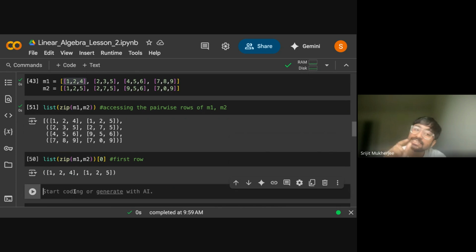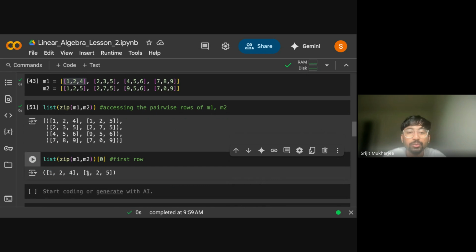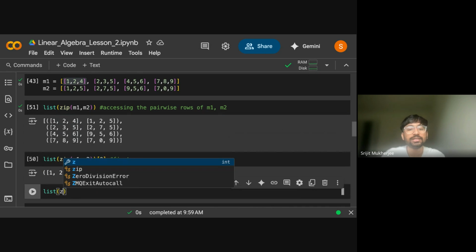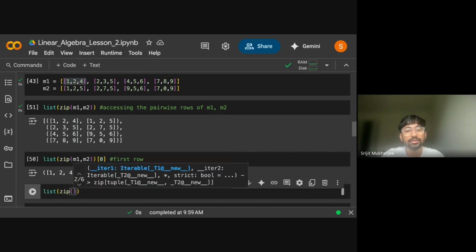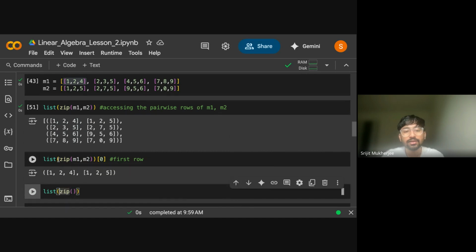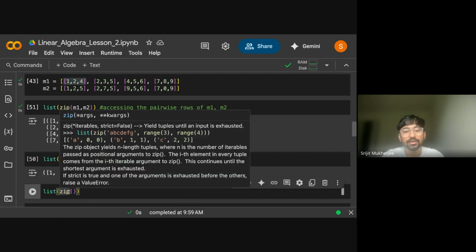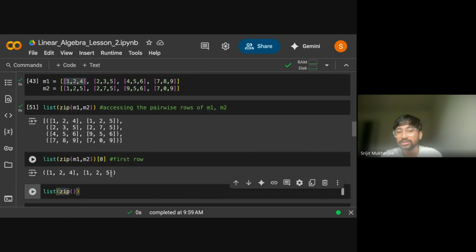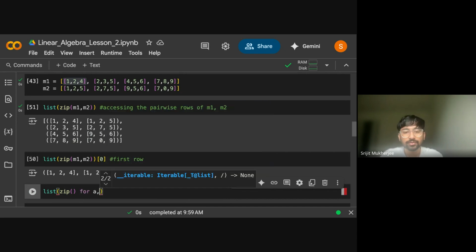Now you want to access each of these vectors together as a zip. Now you want to access 1 and 2, 1 and 1 of this. So you now look into this list of zip of the rows in this and this. How do you do it? For A and B in zip of